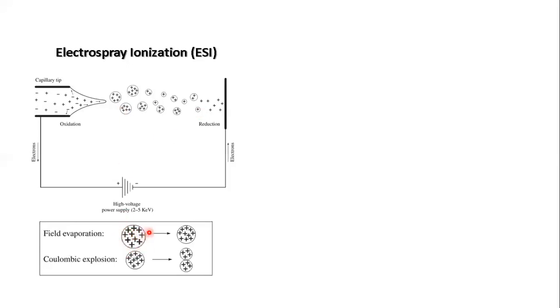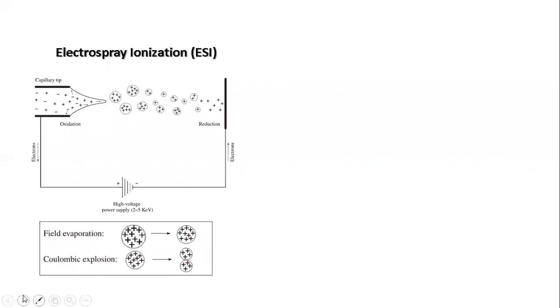So the bigger droplets are now becoming smaller droplets, and the charge density is increasing. At a certain point, you have so much charge inside that it will overcome the surface tension and break apart into two, giving multiple droplets. Here I have shown the two droplets. Further, the same process continues and they become smaller droplets, and finally they become free ions, and those ions will be directed to the analyzer.